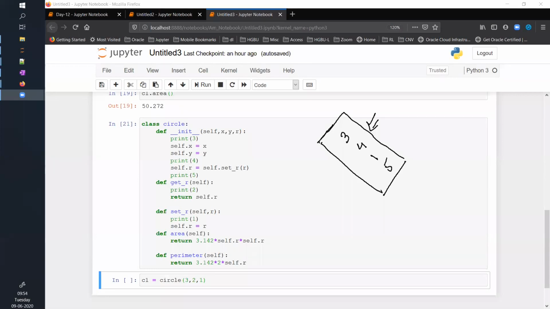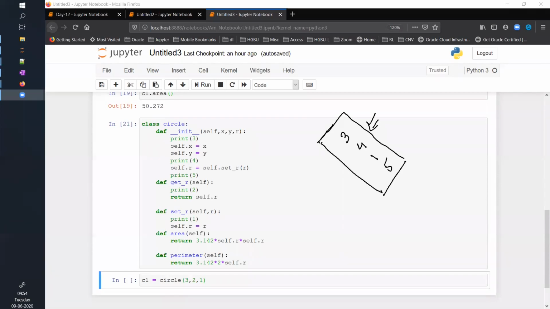Sir, is self a reserved word or what is it? Self is a reserved word. For now, just consider it as a reserved word. In scripting languages you can have self as a variable as well, but in classes you assume that it is a reserved word. Internally for the class, self will be the name of the object. Self will be the pet name within the class for the object. To the outside world, it will be C1, C2, C3, whatever, but to the class, it is always going to be self.